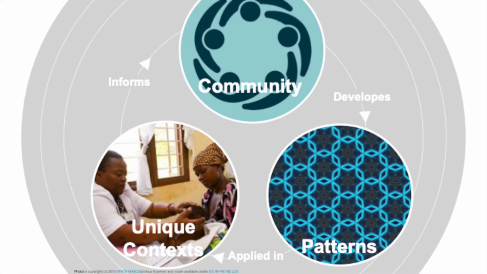In OpenHIE, we start with the data exchange needs in specific contexts, and then the OpenHIE architecture community either finds or develops patterns for those data exchanges. The data exchanges are applied back into the context, and then the implementation informs the community's thoughts and patterns. It's a circle of standards development based upon real-world needs and implementation experience. For this work, we need to hear from implementers concerning gaps in their experiences from implementing standards.